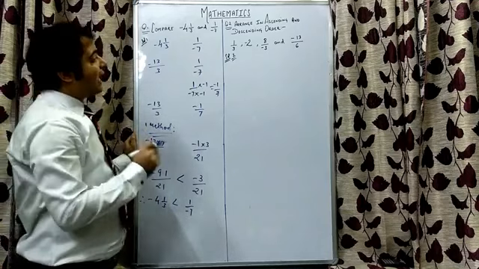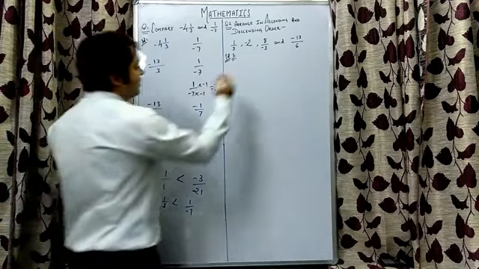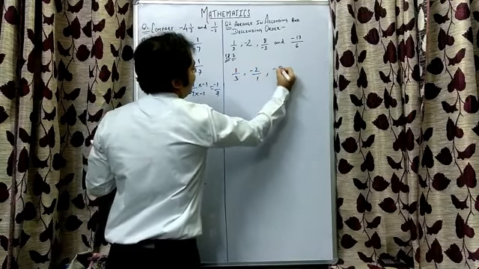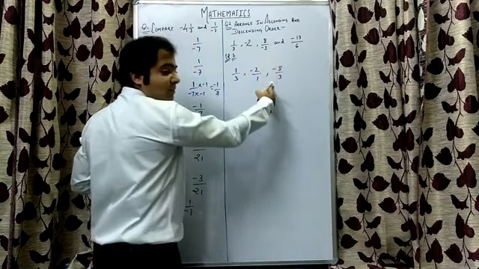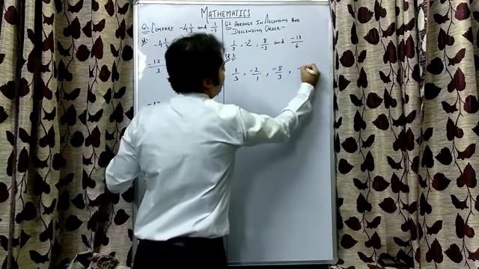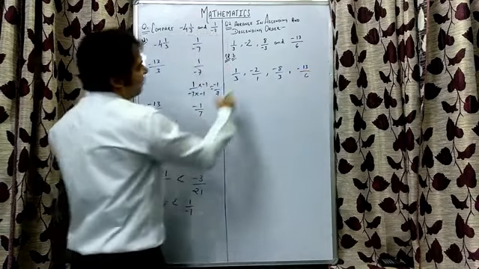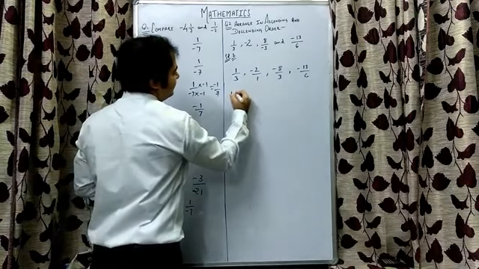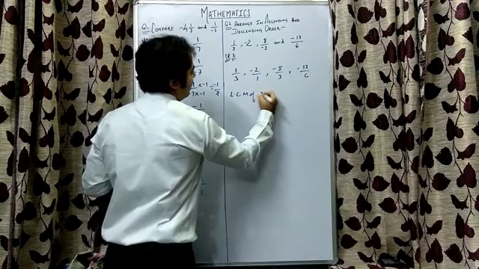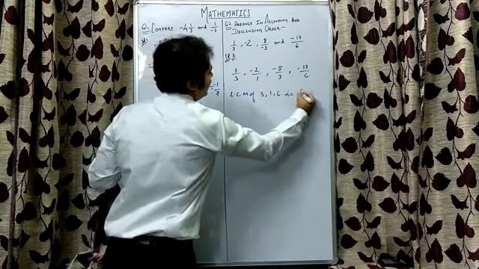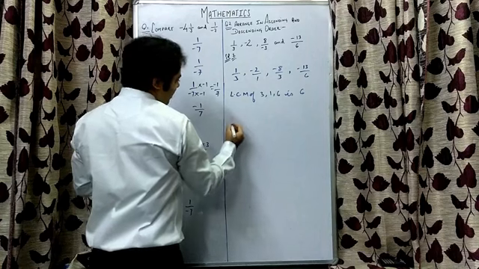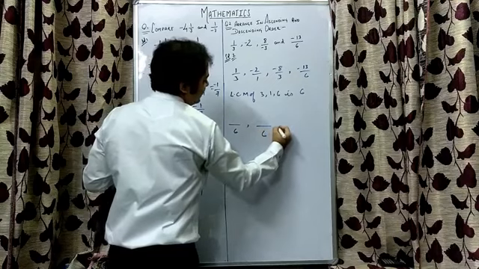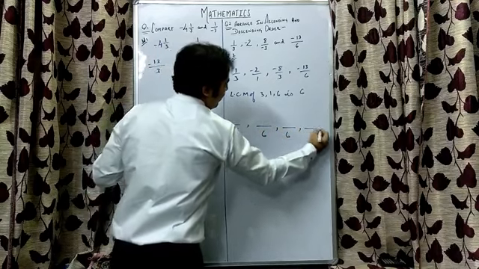We need to have all the rational numbers given in standard form first. So 1 by 3, minus 2 by 1, minus 8 by 3. 8 by minus 3 will become minus 8 by 3, and minus 13 by 6. Now we have got 3, 1, 3, 6 as our denominators. So LCM of 3, 1 and 6 is 6. What we need to do is, 4 rational numbers are given, so we write the LCM 4 times.